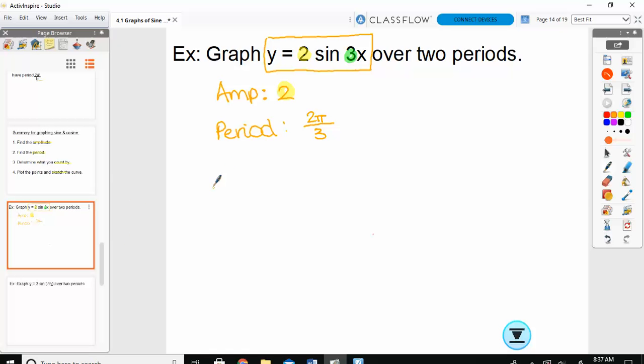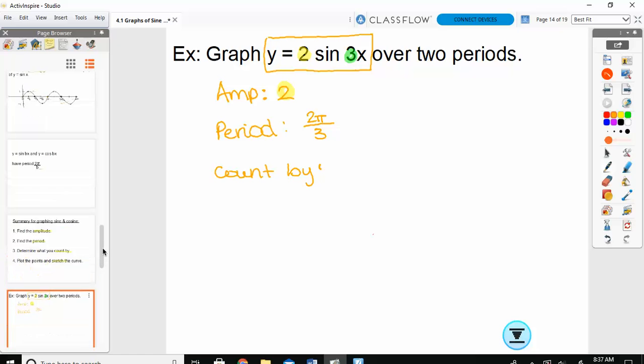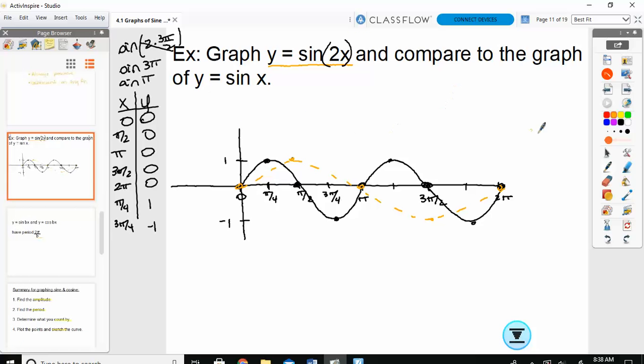Now, here is the piece I haven't talked about yet. I want to find my count by. What I mean by that is, when we graphed this last one, we found out that our regular points, 0, pi over 2, pi, 3 pi over 2, 2 pi, weren't all that helpful, right? And so I had to end up using 0, pi over 4, pi over 2, 3 pi over 4, and pi. So I need to find a way to get those points. To do that, we had to think about how long it took for this graph to repeat. And then we want to split it up